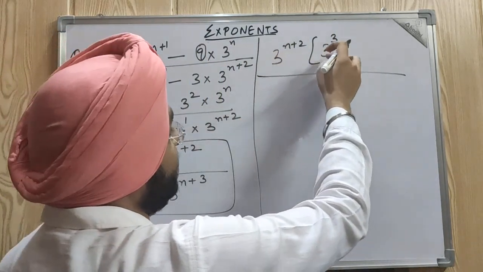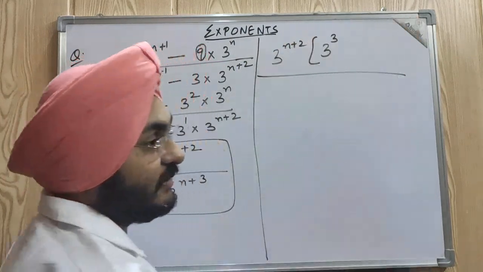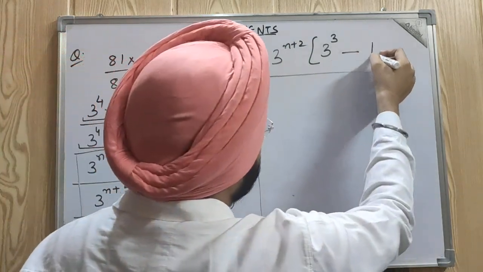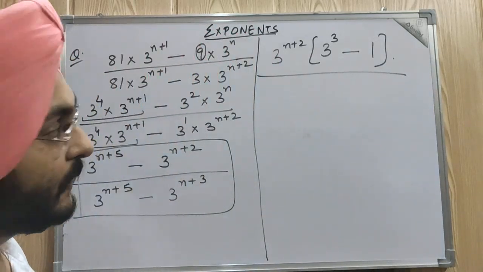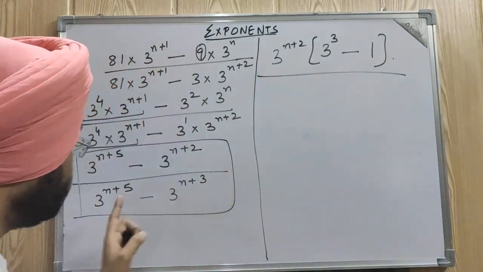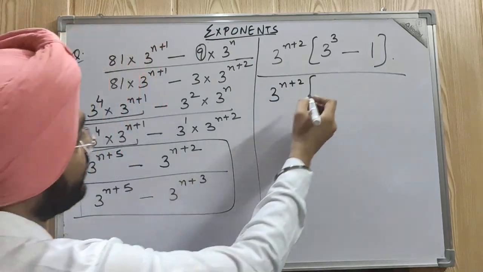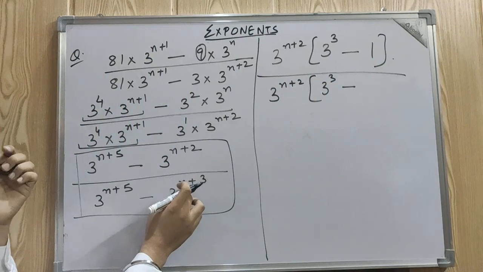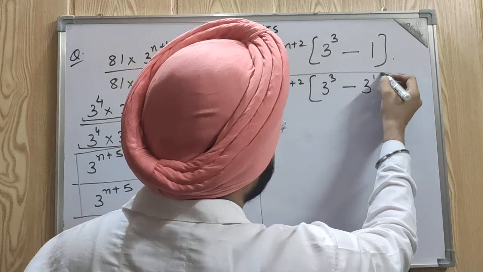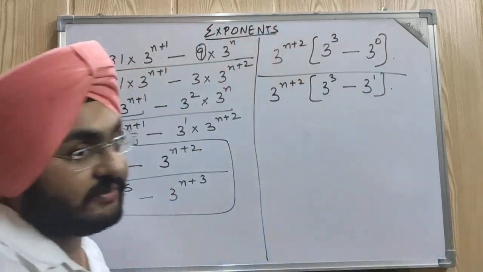On multiplication n plus 2 into 3, basically its powers will be added. N plus 2 plus 3 will become again n plus 5. Okay, so you have taken all the things common from here. That will be left with what? 1. Or you can say 3 raised to the power 0. Anything raised to power 0 will be 1 here. Same concept will be done here. 3 raised to power n plus 2. Again we are left with 3 raised to power 3 minus. From 3 we have taken 2 common. We are left with 1 only. So we are left with 3 raised to the power 1 here. So basically I am writing here 3 raised to the power 0. That will be easy for you.